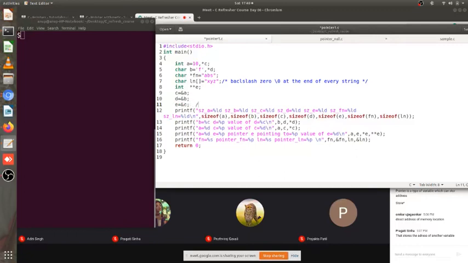But if I try to write E equals ampersand A, okay, not correct. This is not correct. So why this is not correct? Because A is a variable. If I access address of it, okay, it is going to be address of a normal variable, right? Whereas we have defined E to be storing address of other pointers. So E is a specific kind of a pointer that stores address of some other pointer.